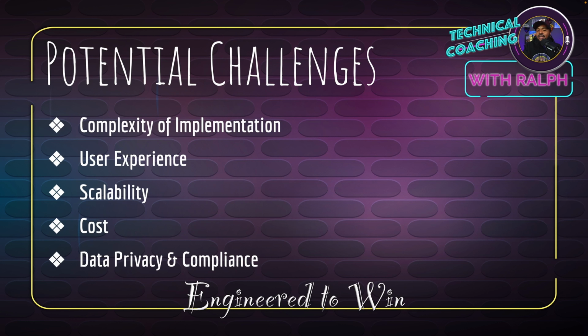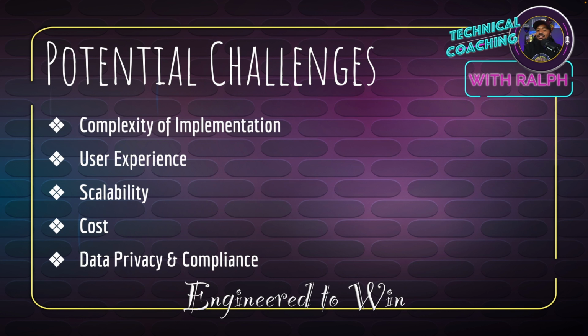So training and awareness. Employees need to be trained on new authentication processes and security protocols, which can be resource intensive. Next up, scalability. Managing increased load: implementing continuous authentication and monitoring can place additional load on IT systems, requiring scalable solutions to handle the increased traffic and data, as well as dynamic environments. Adapting zero trust principles to dynamic and scalable environments like cloud services requires careful planning and execution, and that leads to cost, which is a big factor of it, right?